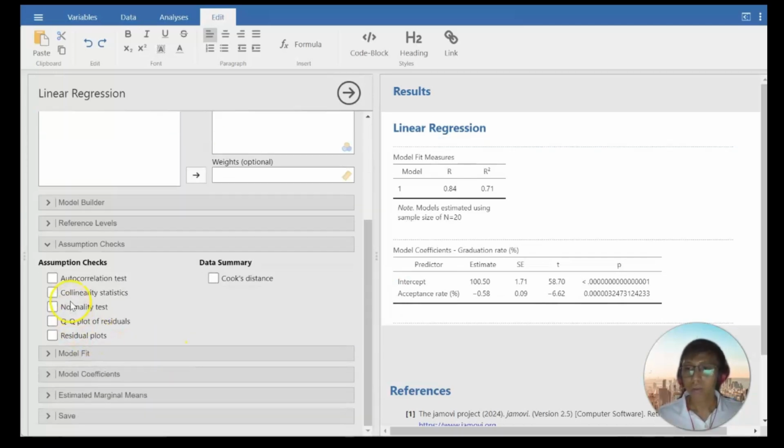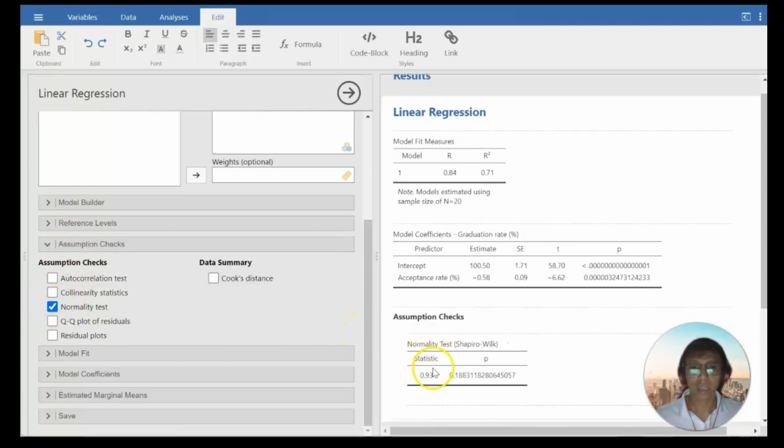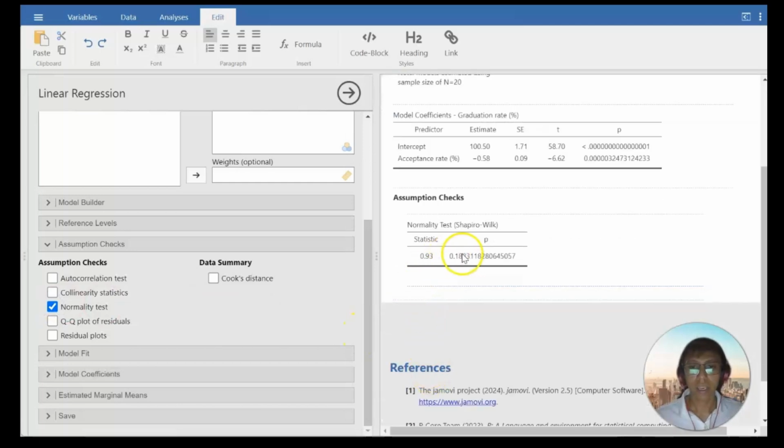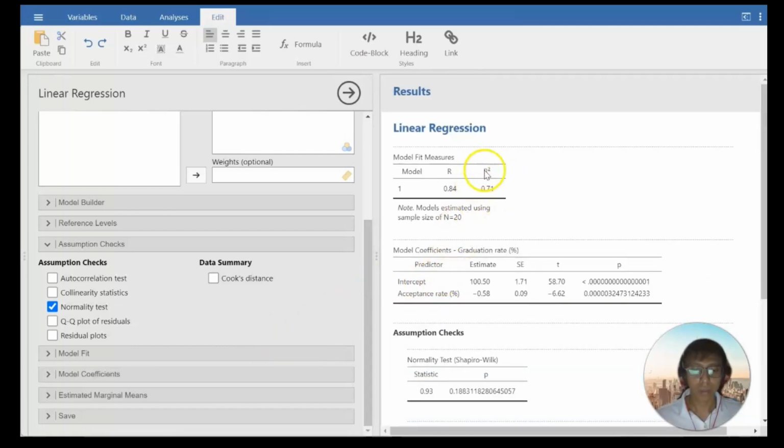So you can also check the assumption check, the normality test. So our normality test is greater than 0.05. So the output will also include the R squared, this one, which indicates how well the model fits the data.